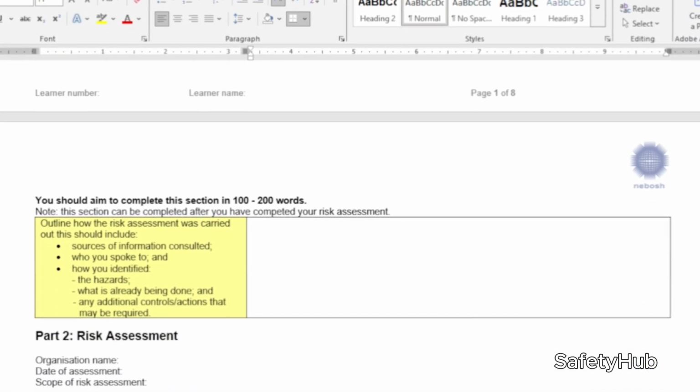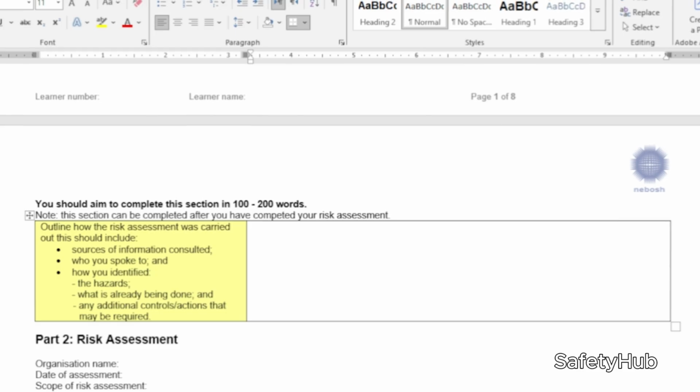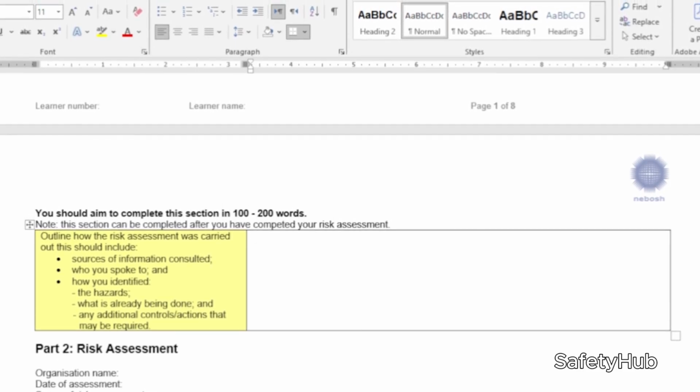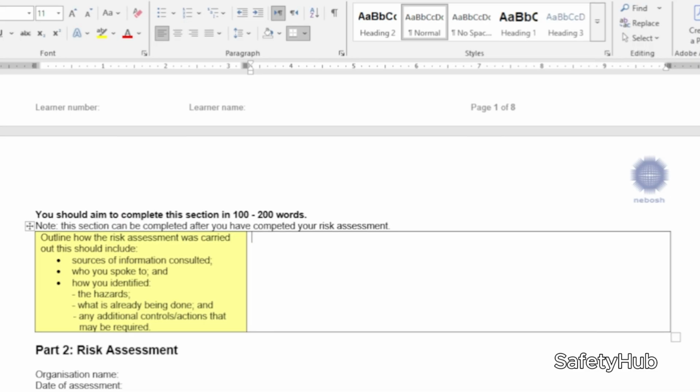In this section, you will have a step-by-step method on how to answer this question. I suggest you create constructive sentences while writing a section and use appropriate terminology required for occupational health and safety. The first point you need to note here, dear NEBOSH students,